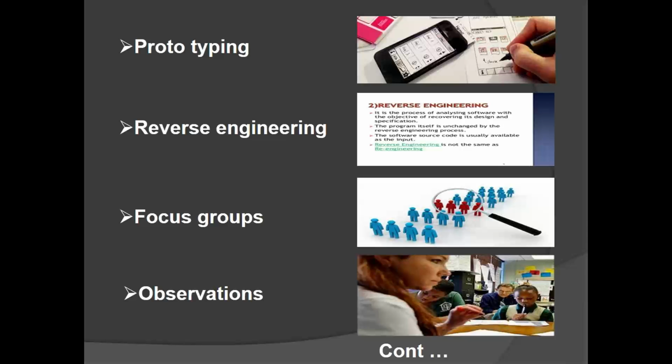Now what is happening in the telecom industry? Latest technology has come up. If you see, there is a lot of difference between old technology and latest technology. So all telecom companies are moving to the latest technology. To move from old technology to latest technology, these telecom companies will approach IT companies. Now the IT company is going to ask them, do you have any documentation for your old process?